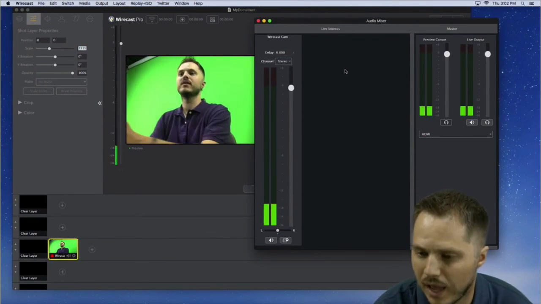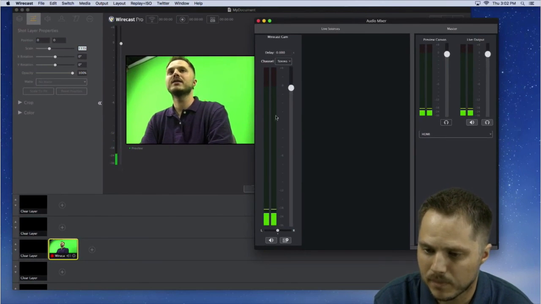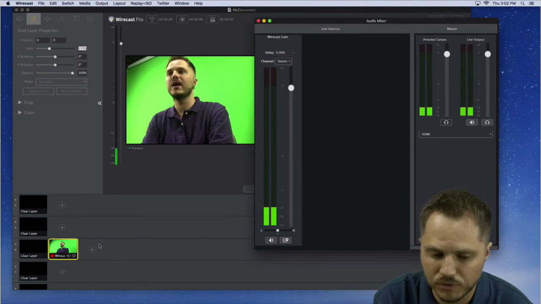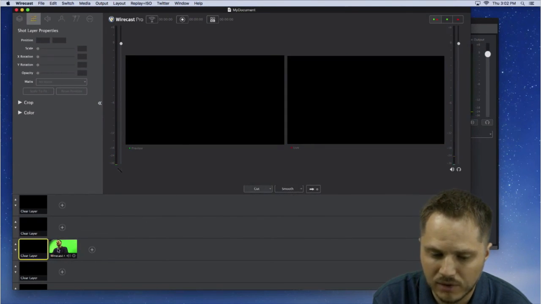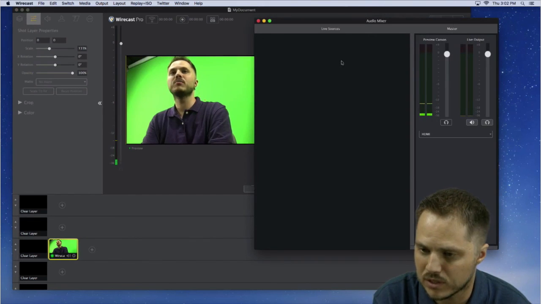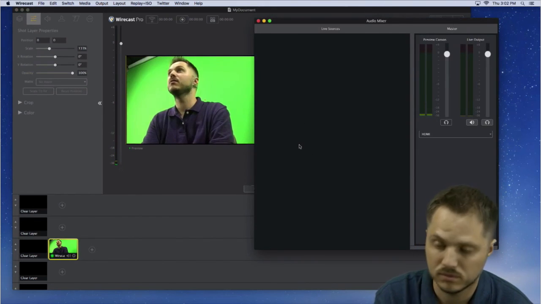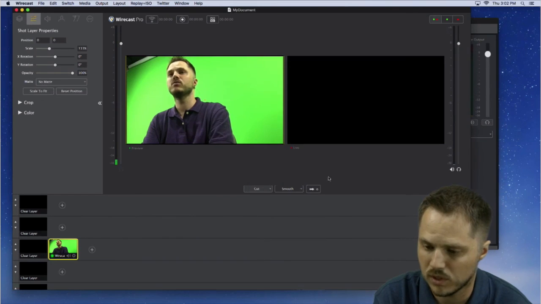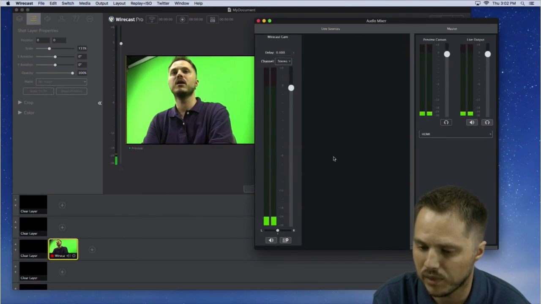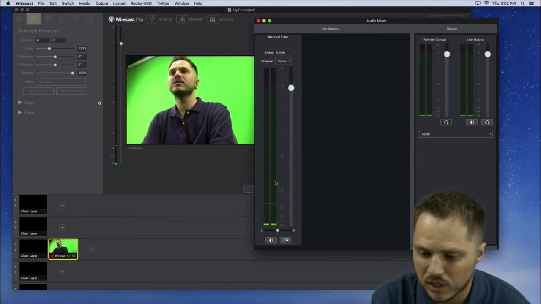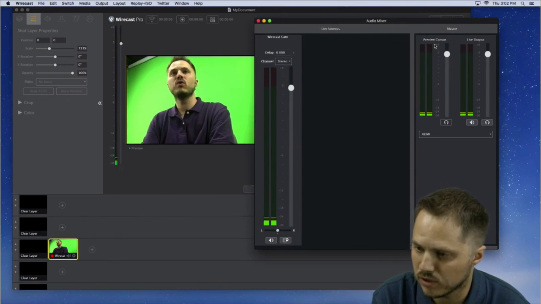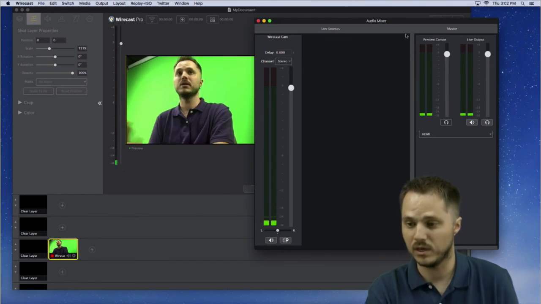So you've got this live. Now the Wirecast cam source is in the live window, and it's letting you know that it's live. If we disappear that and go back to take it out of live and put it back in the preview, it's jumped out of the live area. So just keep in mind, it's dynamically going to update with that. Once it's in the live section, you've got some more controls over just the preview and audio live output here.